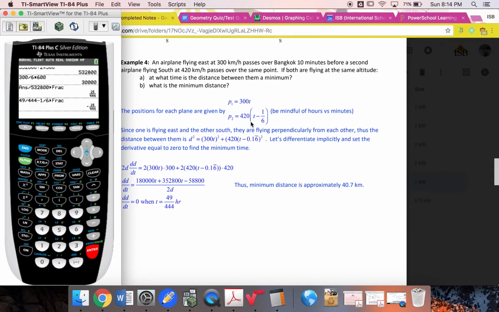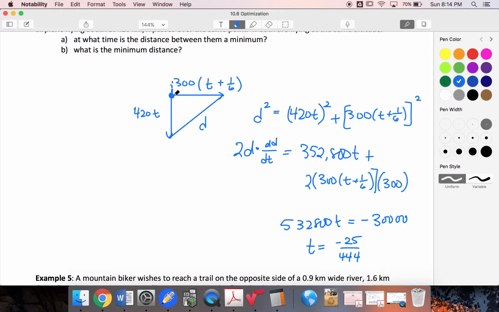And in that situation, with the negative number, it means that since this value is positive, the triangle I end up having is this one up here. So this value is still positive. This plane hasn't yet reached that spot is really what it means. So my distance between my two planes ends up being found with this triangle. And knowing that my t is this value just means that this plane hasn't yet reached that point. So I could say that the time is it has been,